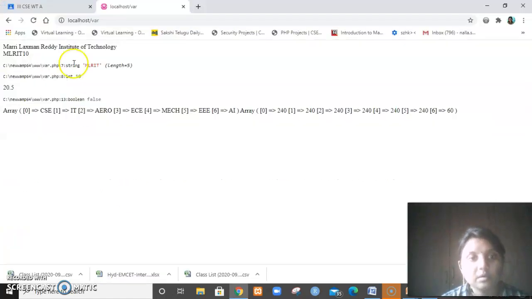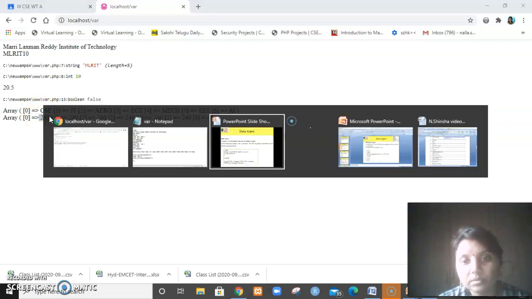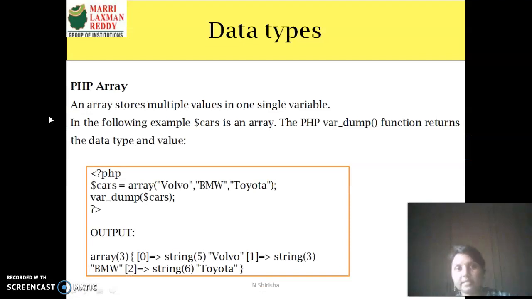Okay, so if I refresh, these are the keys you got and these are the values you got. So this is one type of associative array we have. We have both associative arrays and also the normal indexed arrays in PHP.